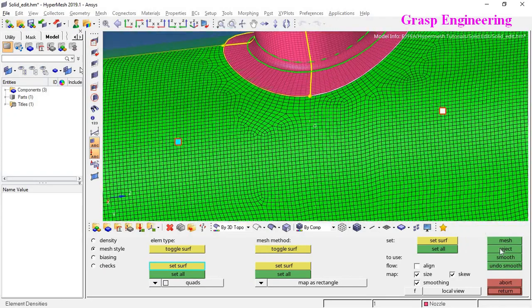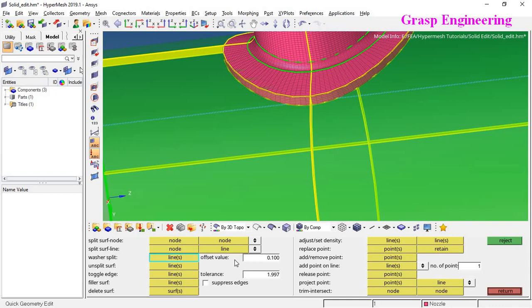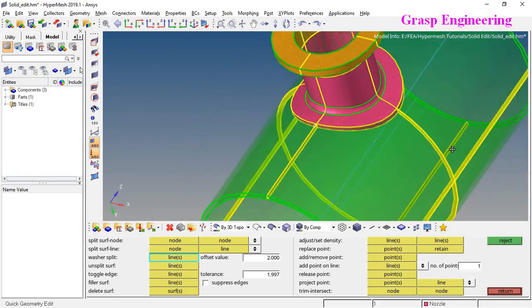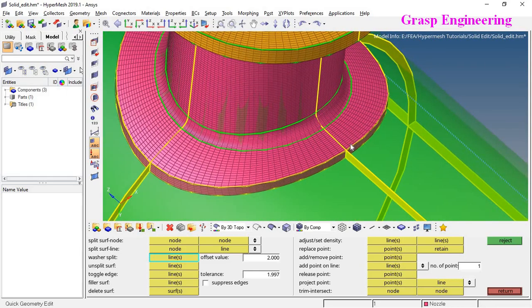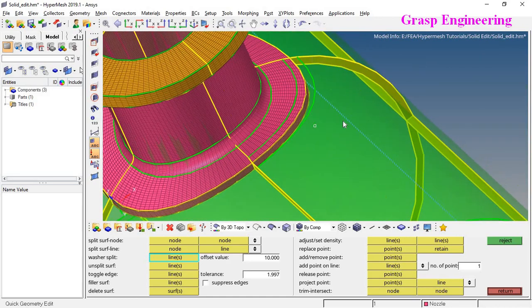Likewise you can create a mesh or reject, and you can go to quick edit, and here you can define washer split, define the value, click over here, reject. Basically it will create a washer on the inner and outer face. Let's see if it works for this region. If we make it 10, it creates patches inside and outside, but we want more patches over here. In that case you can define higher values,